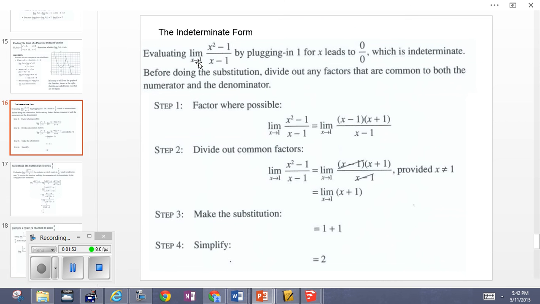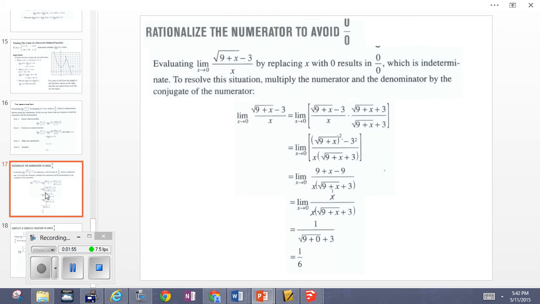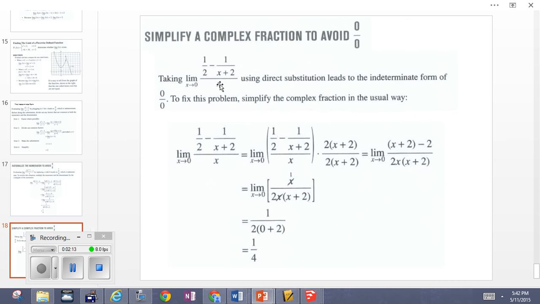So the first indeterminate form we were up against said try factoring the expression. That's the easiest. Just make sure you know how to factor. The other method of the indeterminate form was the one where we had basically radical expressions, which we have to rationalize by multiplying by the conjugate over itself. And now this other form of indeterminate form which we're examining is the complex fraction form, okay, which simply says